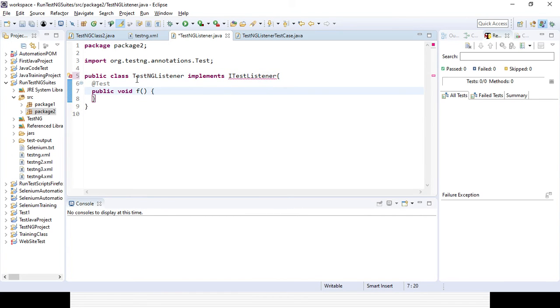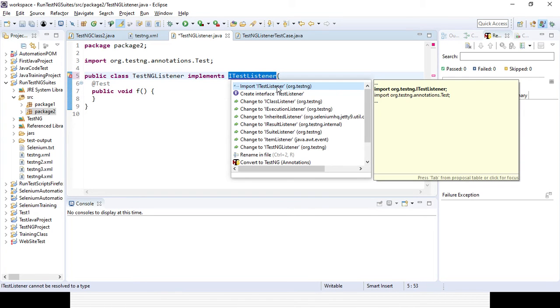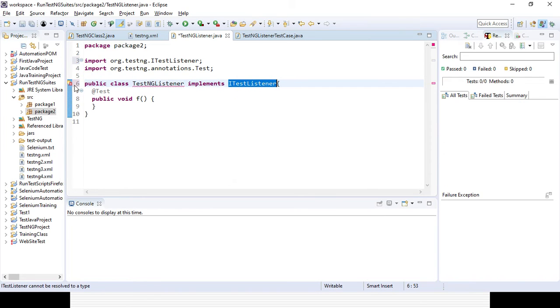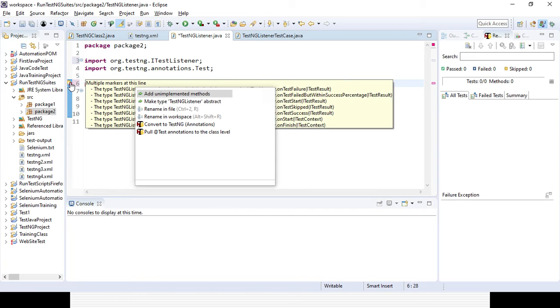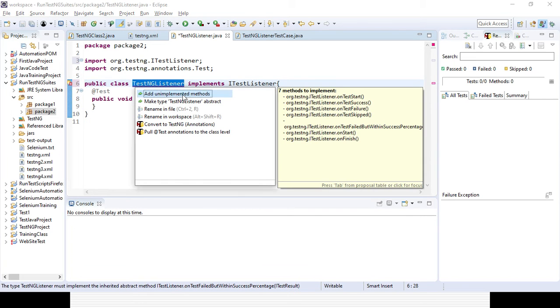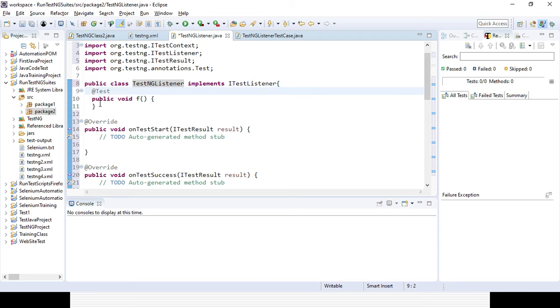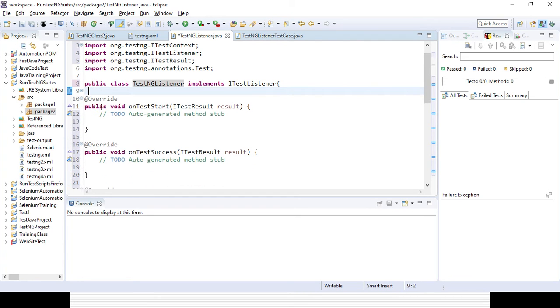As and when you are implementing, you can see some error messages coming. You need to import ITestListener first, from org.testng. After that you need to implement all the unimplemented methods, so all the unimplemented methods will be added here.